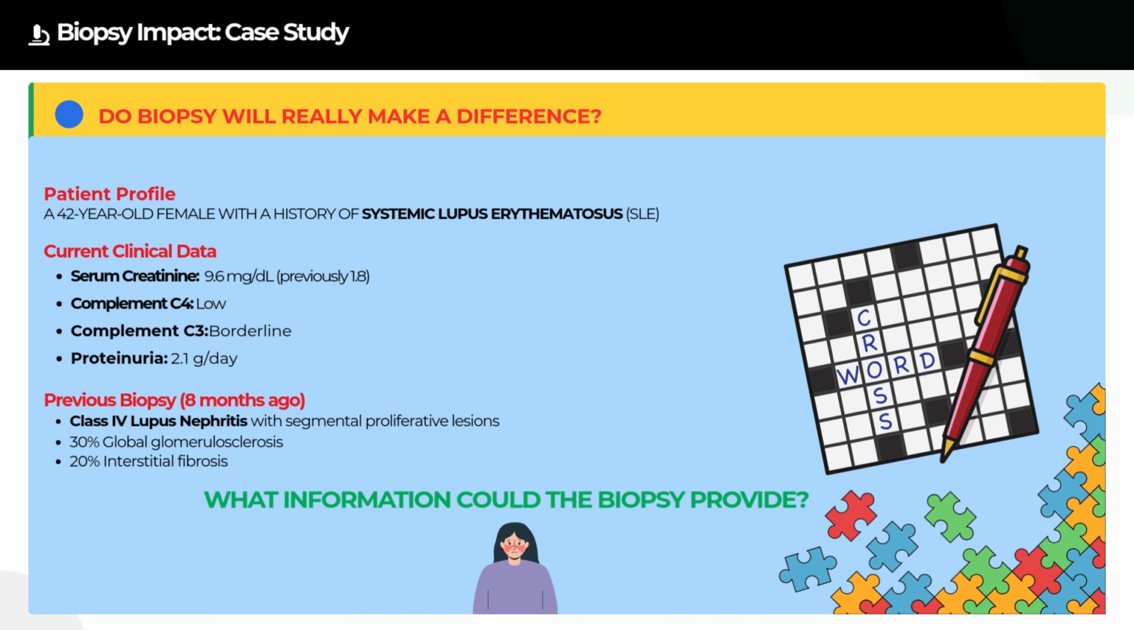Let's take this case, for example. We have a 40-year-old female with a history of systemic lupus erythematosus. Clinical data revealed serum creatinine 9.6. Previously, it was 1.8. C4 is low, C3 is borderline, proteinuria 2.1 gram. A previous biopsy 8 months ago revealed class 4 lupus with segmental proliferative lesions, 30% global glomerulosclerosis, and 20% interstitial fibrosis. The question is, what information could the biopsy provide